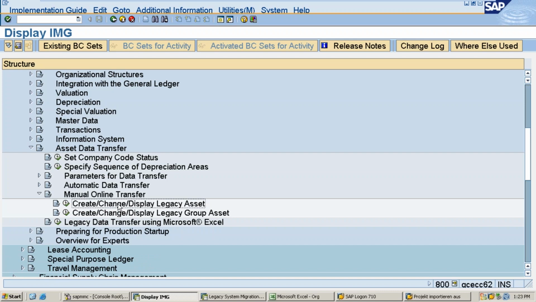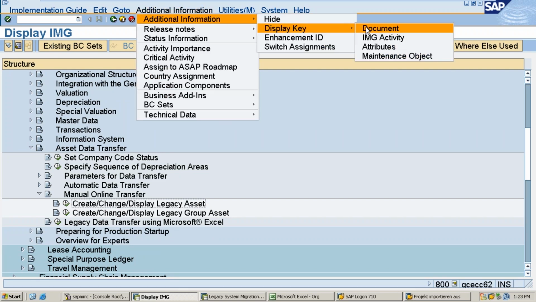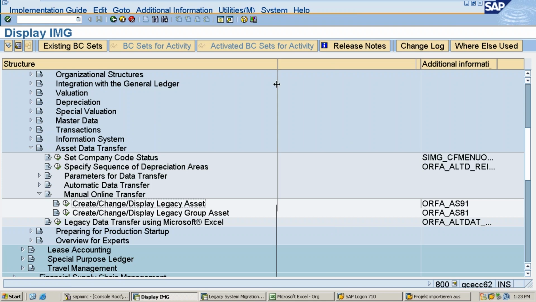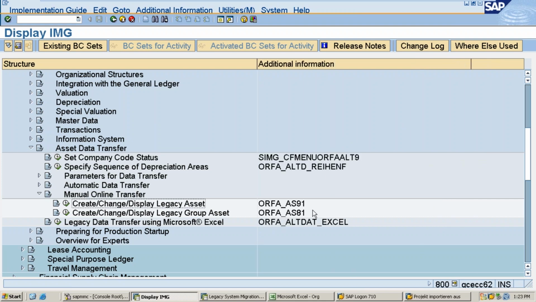Pathwise if you want to go, this is the transaction code. AS91 is the transaction code. Okay, if you want to know, I will show you. I'll give you the business case also, how to do it. This AS91 is the transaction code. See, this is the path.